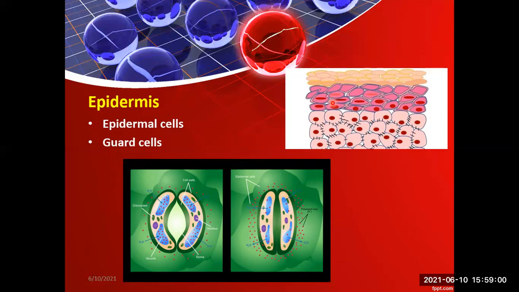When the cuticle or the epidermis disintegrates in the older parts of the plants, then three layers of tissue arise beneath the epidermis. That is known as the periderm. The epidermis consists of the epidermal cells and the guard cells. Both types of cells are present in the leaves. However, in stems there is only a small number of guard cells present, whereas the epidermal cells are present both in the leaves as well as the stem tissue system.